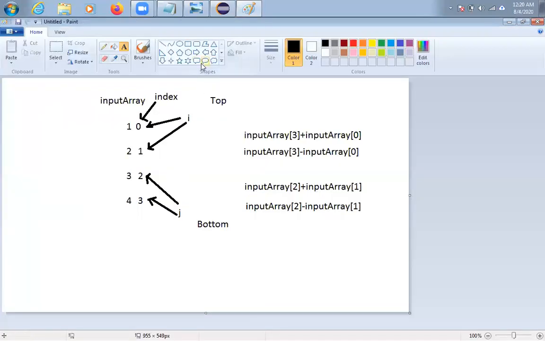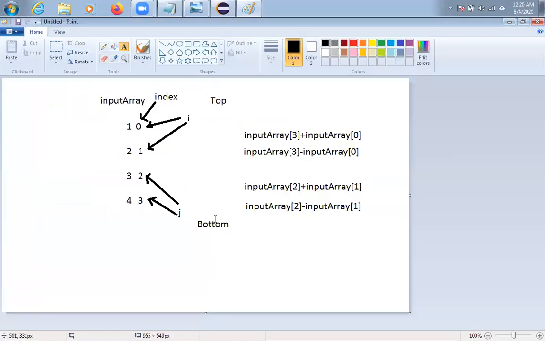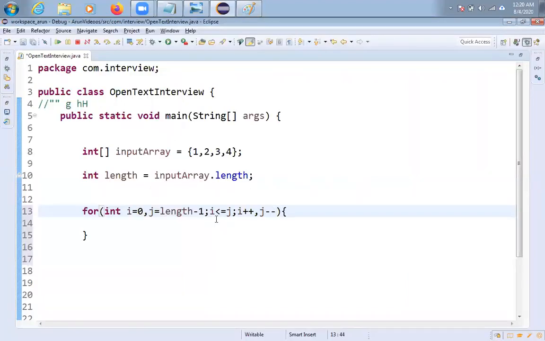If you see here, i is coming from top to bottom. That means each and every time I am incrementing i by 1. And what about the j value, friends? j minus minus. What is the meaning? It is coming from bottom to top. So I have to decrement j by 1. That's it, friends. So you have to understand this logic only. Once it is done, everything is done. So just I am taking any two variables. Otherwise, no need to take. Directly you can add it.